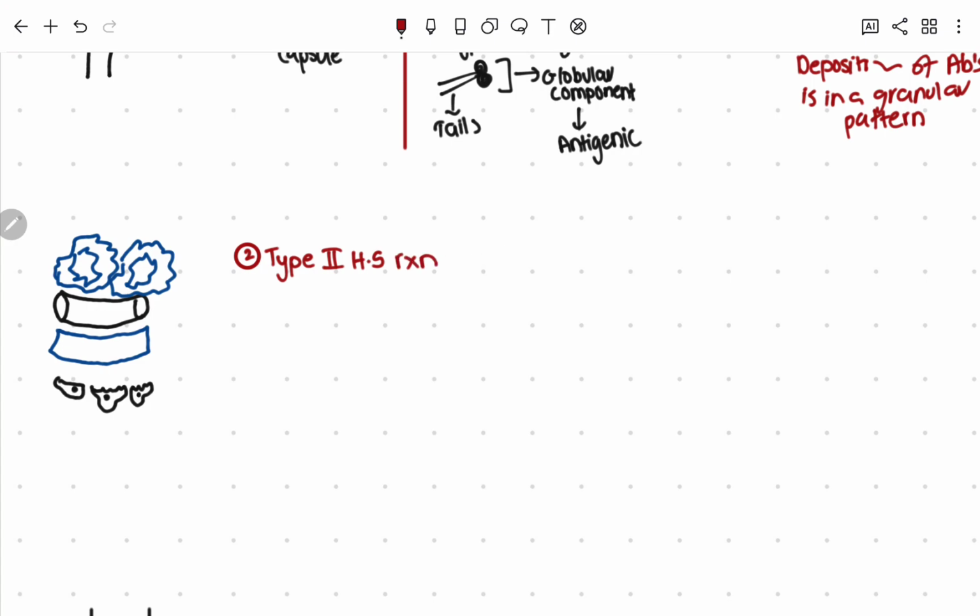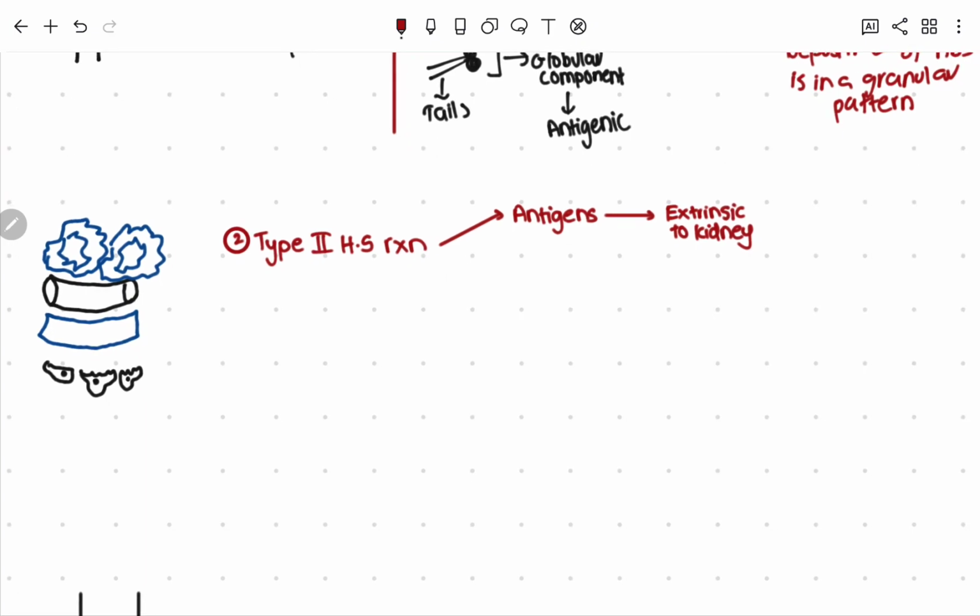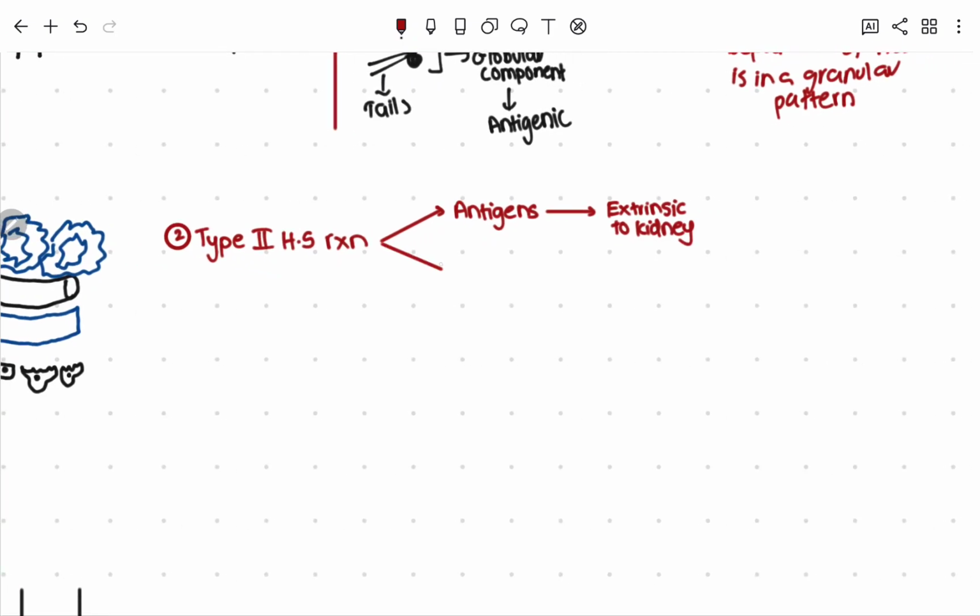But what makes this different from what we just discussed is that the antigens that are found, pay attention to the antigens, these antigens are extrinsic to the kidney. So these are not proteins or any structures found within the kidney originally that can result in damage, rather initiate this type 2 hypersensitivity reaction. And then the part that is similar though is that you still have antibodies that are circulating in the blood, and so when these antigens that are extrinsic to the kidney end up depositing within the glomerular apparatus,